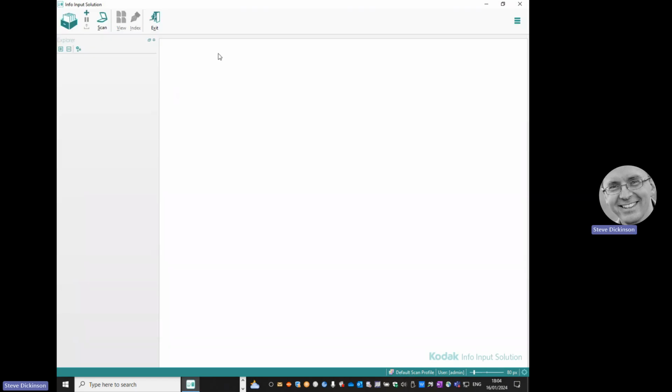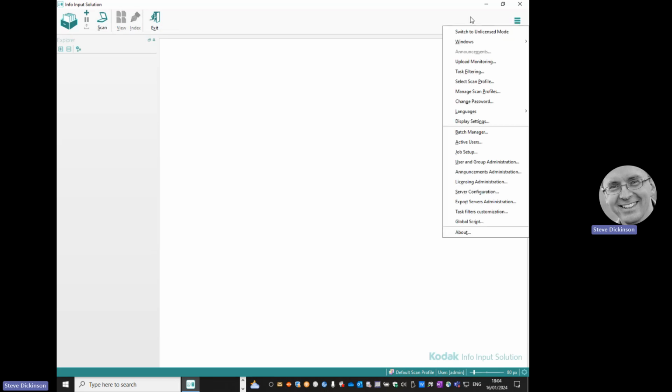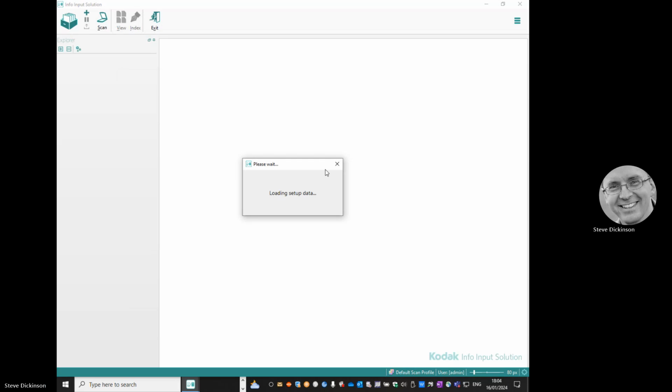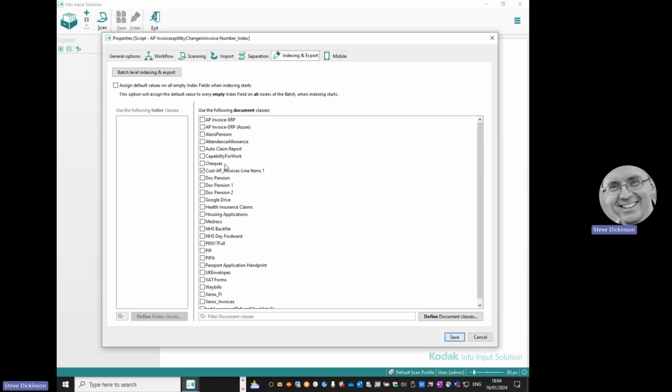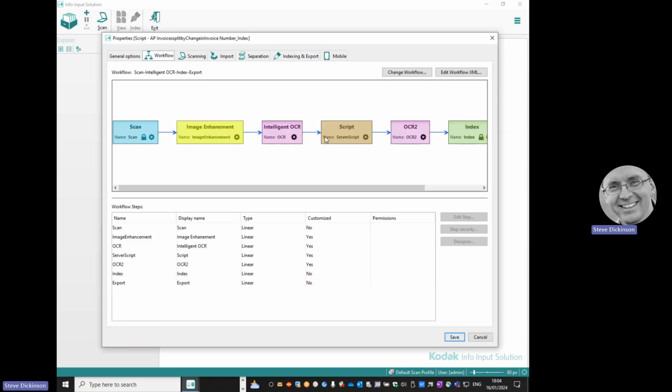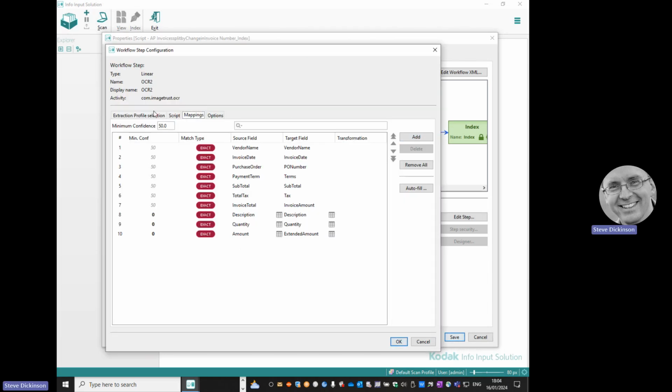This video shows how you can add index fields to an InfoInput job to receive the content coming back from Microsoft when it's reading an invoice. The first thing we'll do is go into our job setup, and then we'll go into our invoice job. And if we look at the workflow and we go on one of the intelligent OCR steps,